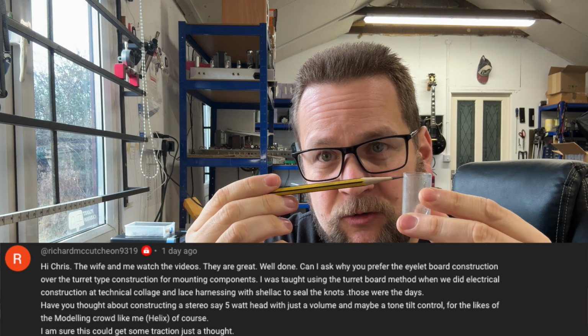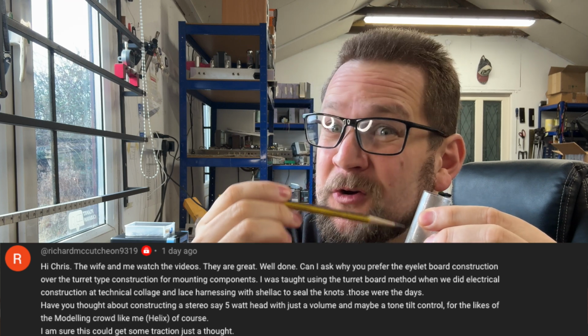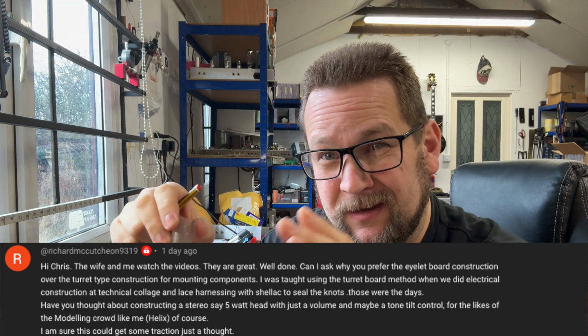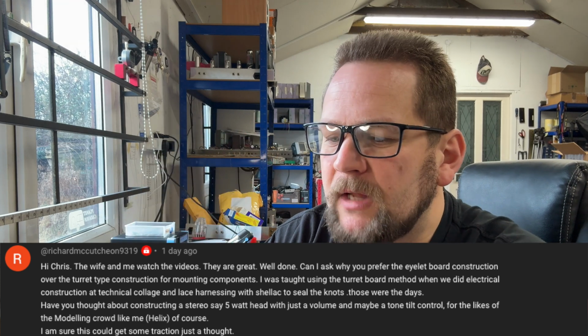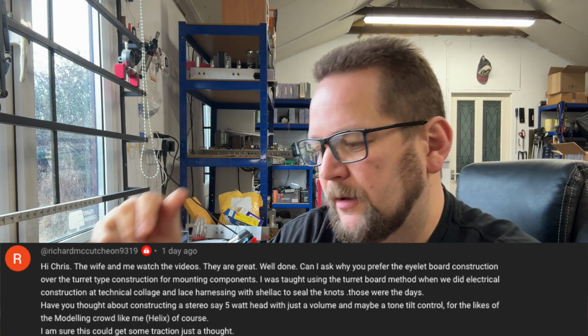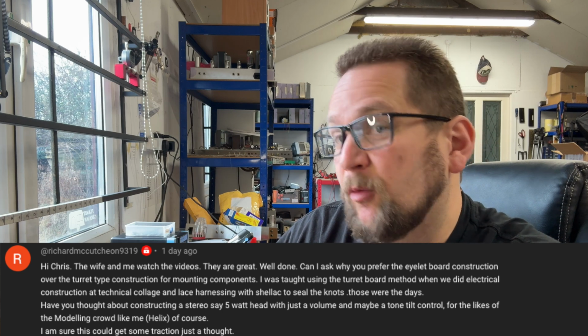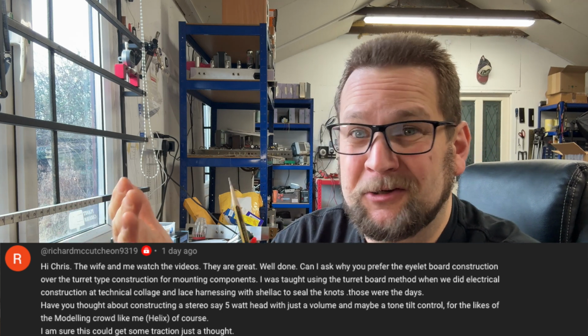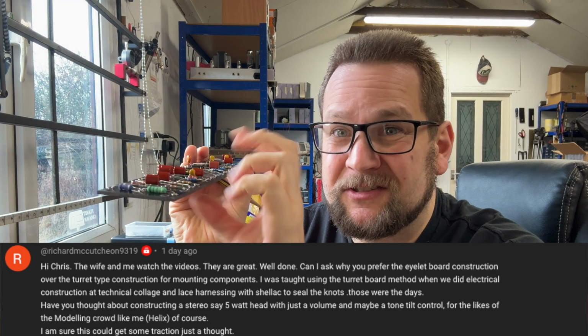If you've got solder at the bottom, it's very difficult to guarantee that you're going to get heat propagation all the way through and properly reflow the joint at the bottom and not get a cold joint. And of course, if the board is installed in the amp, it's very difficult to get a visual on that as well. And I've seen this thousands of times on amps with turrets, one that's had a service or many services over its years, and eventually you're doing a job where the board does have to come out, you flip it over and you could cold joint, cold joint, cold joint, cold joint, cold joint, because it's very difficult to ensure that. Whereas with an eyelet, just literally because of the size of them, you're always guaranteed